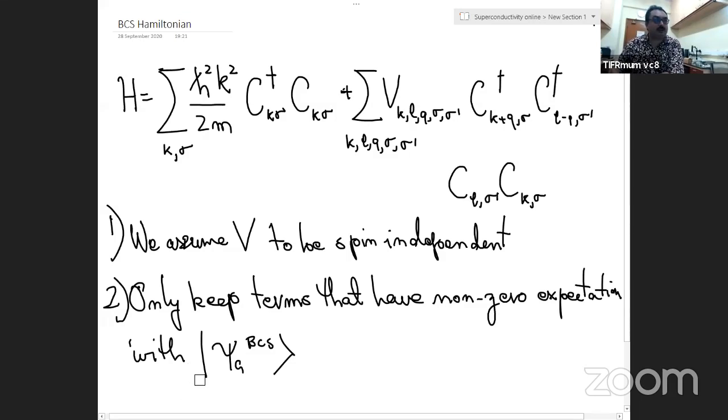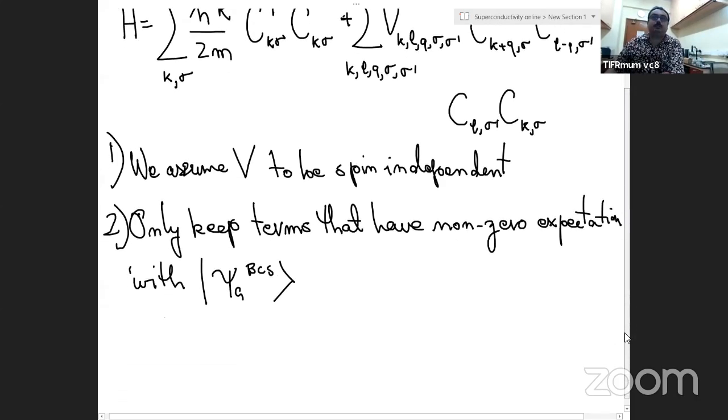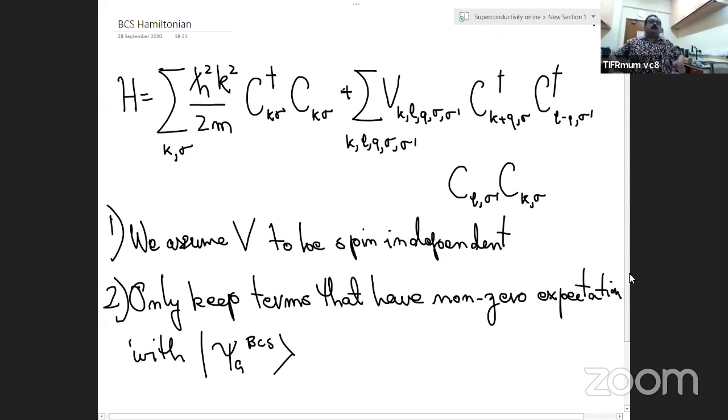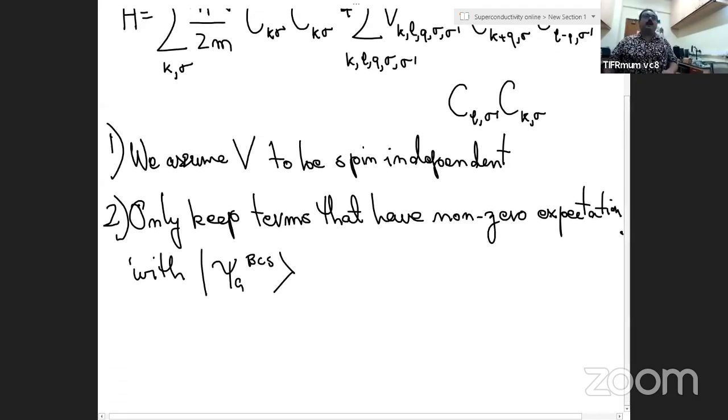It's not important as far as superconductivity is concerned, or at least this formulation that I am trying to make, the BCS formulation, because those terms will anyway drop out. So I will leave it for you as an exercise to show that only this kind of terms will remain in the interaction. All other kinds of terms, you take the expectation value with the BCS wave function, you will get 0. So V_kl